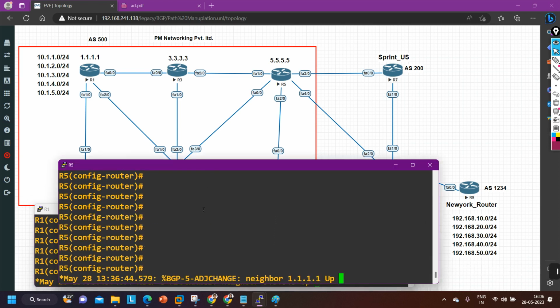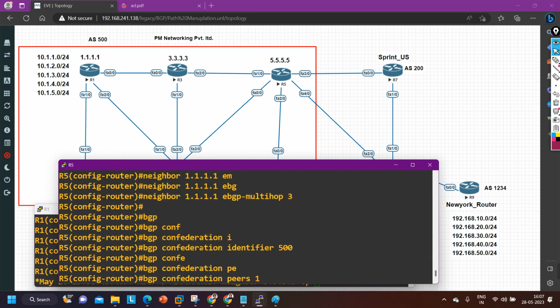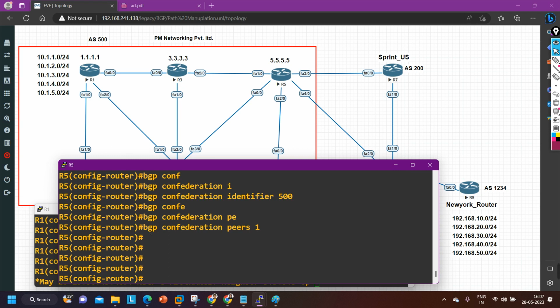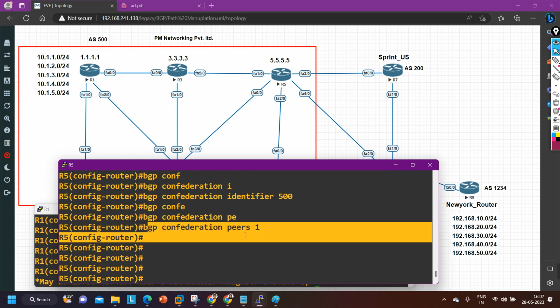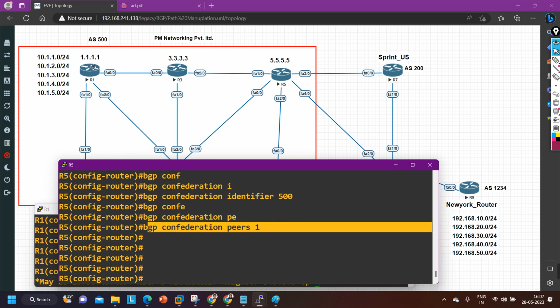I have corrected it. On router number 5, actually I forgot to run the BGP confederation identifier 500 command or the BGP confederation peers command. Peers means your remote AS. Here you can see I have configured the confederation peers on router number 5, and router 1 means